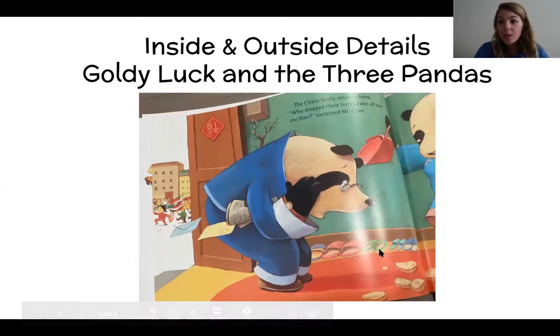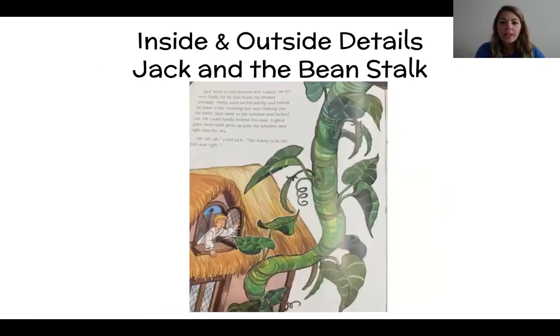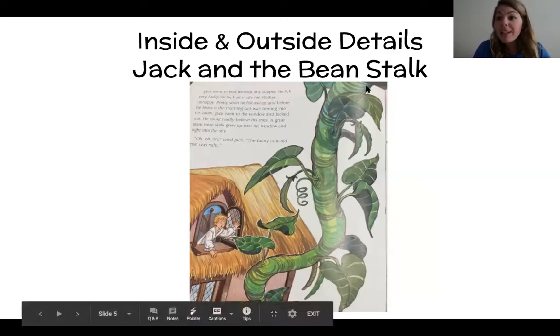This is a great way to just show some extra details about what's happening, and it's kind of a fun way to add to your illustrations too. This is a story, Jack and the Beanstalk. So this is another fairy tale that we've looked at. This is different than Kate and the Beanstalk, but this is a version where you can see inside of Jack's house. So just barely through that window right here, you can see the inside of the house here, and you can also see what's happening outside. So we have an inside setting and we have an outside setting, okay?